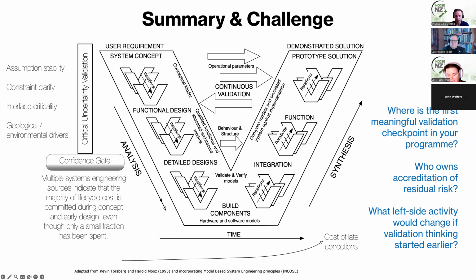So pretty less of a question, but I do have a question actually, sorry, which is around this model with the V's within the V's within the V's. And I'm looking at it and thinking, well, the V model is great if you know what the end state looks like, and it's relatively stable in terms of the scope and the interfaces and all of that sort of good stuff. But obviously it's just one lifecycle model, and we have other lifecycle models. And I'm looking at this and thinking, well, actually this could almost be seen as another representation of, say, the incremental spiral model, because we're doing those increments within the V itself. And I just wanted to air that with you, Henk, and check whether you agree or whether you see it as a slightly different approach.